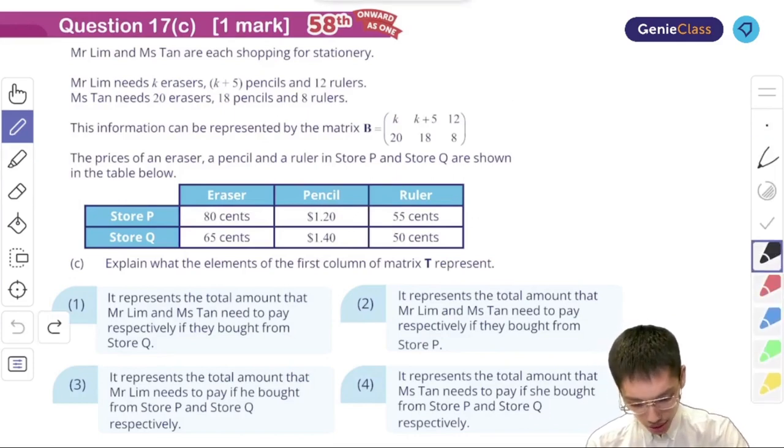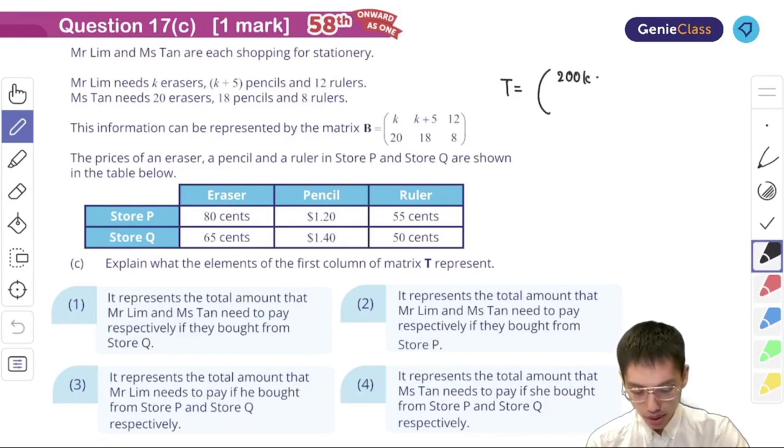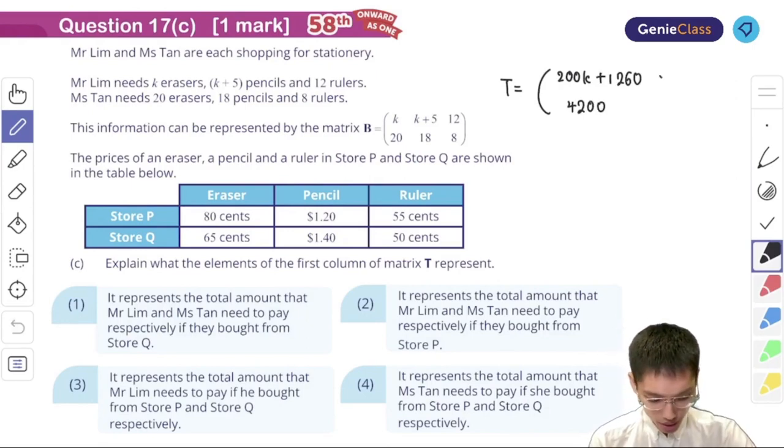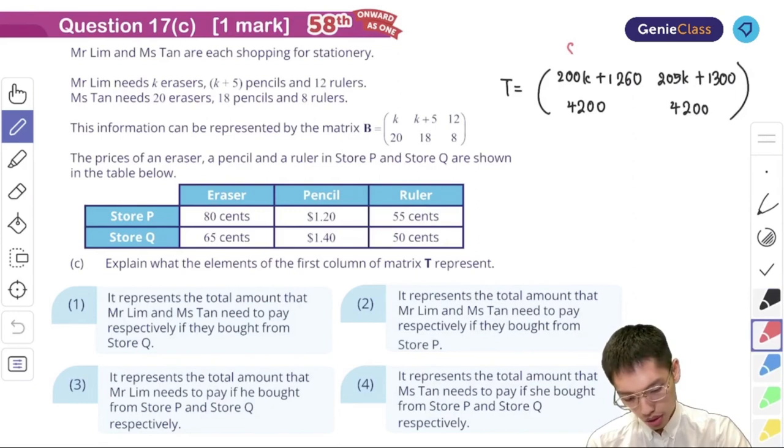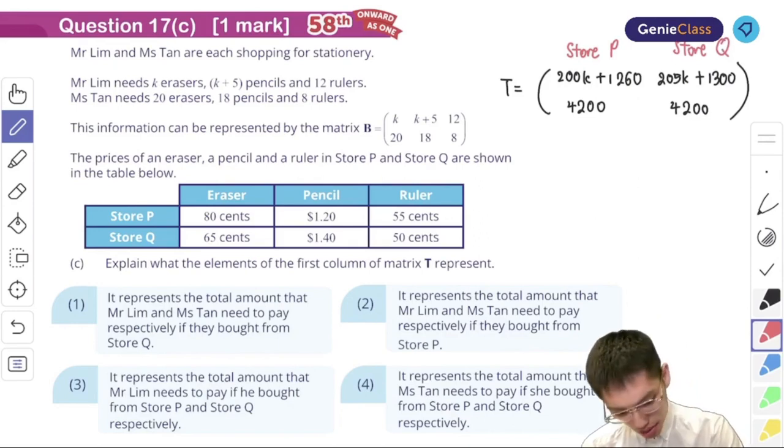So for the matrix T over here, it's going to be 200k plus 1260, and then 4,200. As I'm writing down the matrix, you all can start to figure out what the matrix means over here. In this case, for the benefit of those who did not do it, I will actually write more information. Because once I multiply, this is actually store P, store Q, and my whole